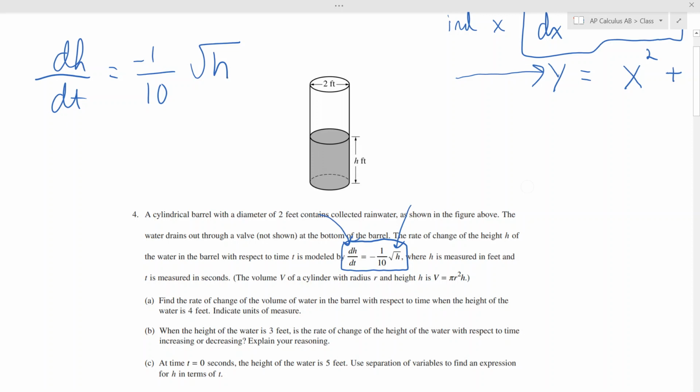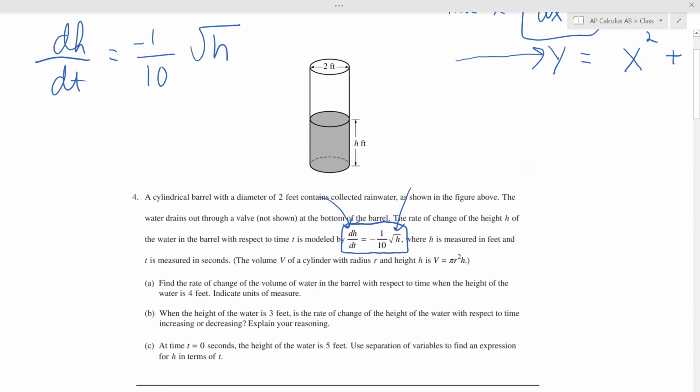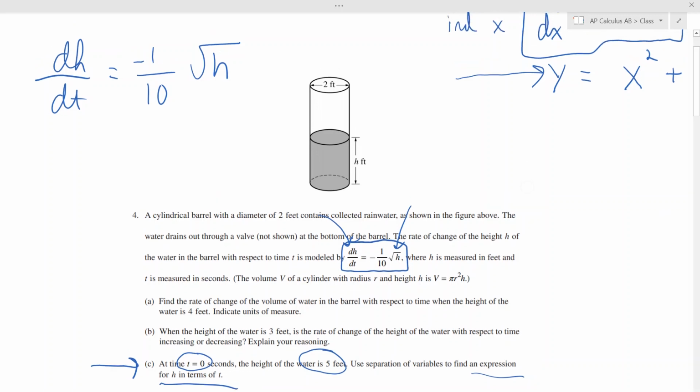So when you see that, you don't need to solve this until part C, and that's what I'm going for. It tells you at 0 seconds, the height is 5. Use separation of variables to find an expression for h is really them saying, hey, solve the differential equation. Find out what h is, okay? But let me show you something. The first thing you're going to do